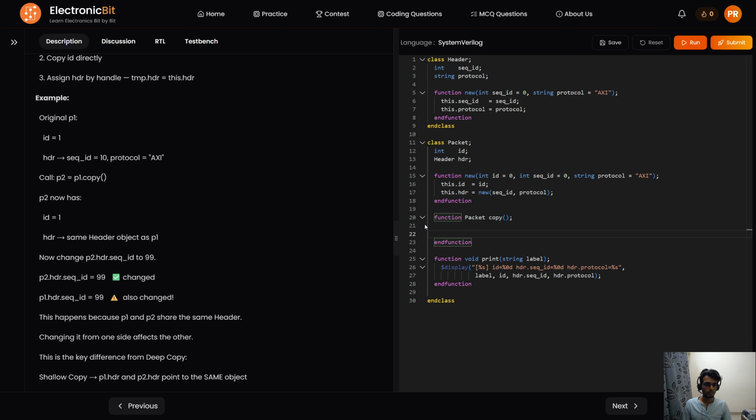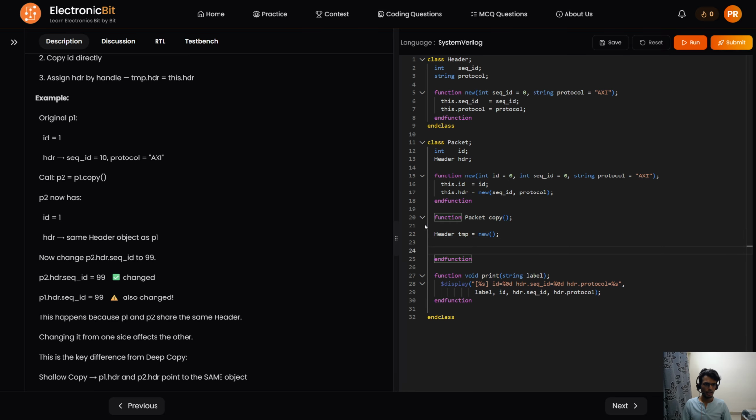Here you can just take a temporary variable, and then what you need to do is update temp dot sequence ID to this dot. What we need to do here is update the value of